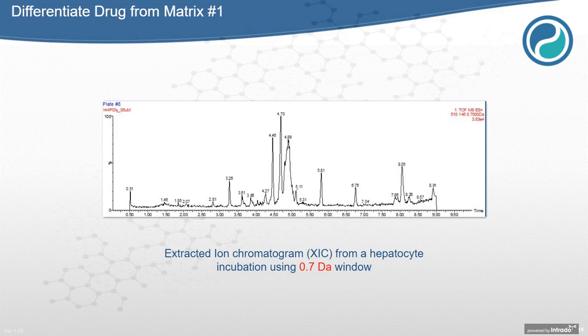So this is an extracted ion chromatogram from a hepatocyte incubation of glyburide, where we're extracting the mass for the oxidative metabolite. Here we're using a mass window of 0.7 Dalton, so we're replicating the quality of data you would get using a triple quad or an ion trap mass spectrometer. And then to identify which of these peaks are metabolites and which are just matrix interferences, we would have to interrogate all of them, do MSMS on many of them perhaps, to identify what are actually drug-related species. In contrast, if we could go to the next slide, please.